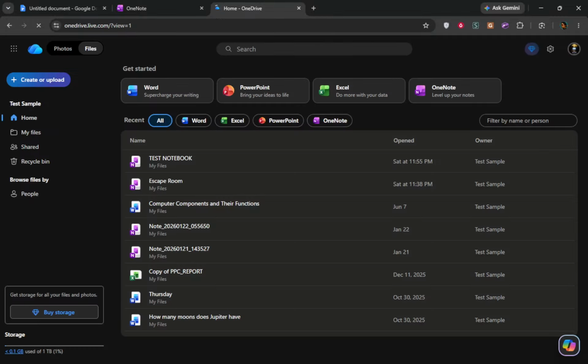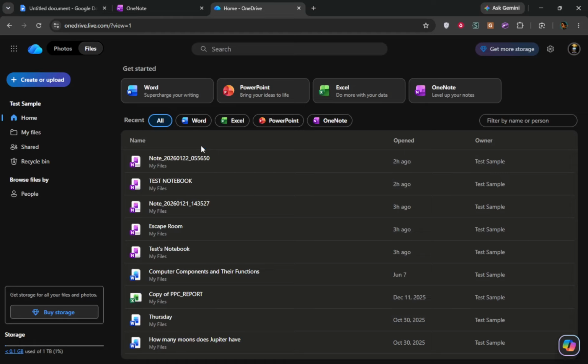From there, click the location link to open the notebook in OneDrive or SharePoint. You will be redirected to the appropriate storage platform where your notebook is located. Once you are in OneDrive or SharePoint, you will be able to interact with your files more directly. This step is significant because it transitions you from OneNote to the storage service, allowing you to make the necessary changes. Next, find the notebook you wish to rename within OneDrive or SharePoint.